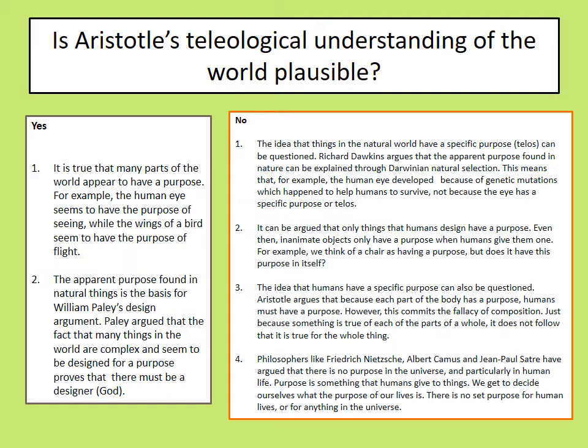The eye developed through a series of chances, genetic mutations, and then some of them just happened to be useful to us. So the genetic mutations that were useful to human beings survived. So that would mean that the eye doesn't have a telos. There is no purpose to the eye. It just happens to have been the sort of thing that helps us to see, and that's been useful to us. But it's not there in itself designed to help us see. I hope that makes sense, because it is a bit of a difficult point to explain.